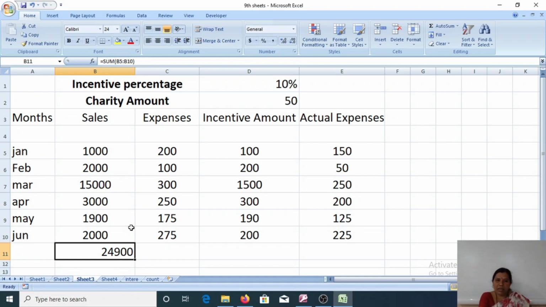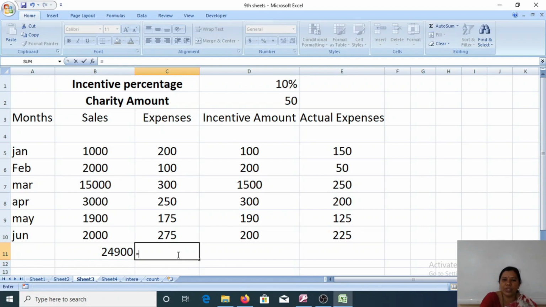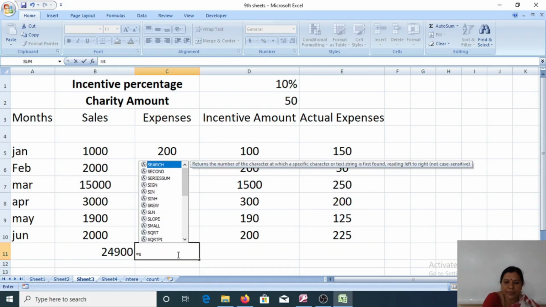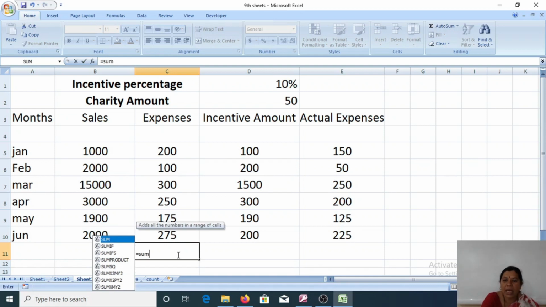Okay. Now we will go to the sum function. Now we want to calculate the total expenses. In that situation, we will do addition. Same thing, as I already told you: equals to, and which function name? Sum. Then calculate the argument.